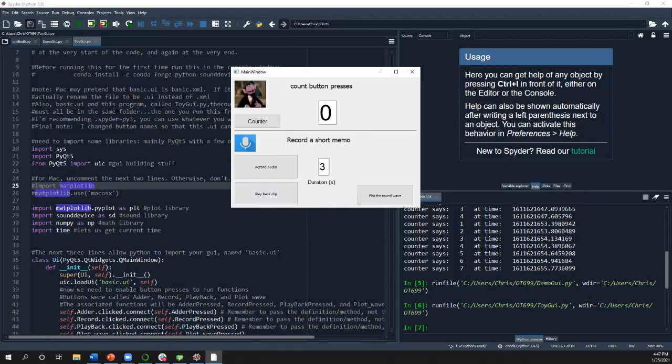And there's even a sound. So if I record audio, I can record 3 seconds of audio like this, and then play it back, and record 3 seconds of audio. Okay, so I kind of talked a little bit too long there, but if I want to plot the sound wave, I can hit the plot button,